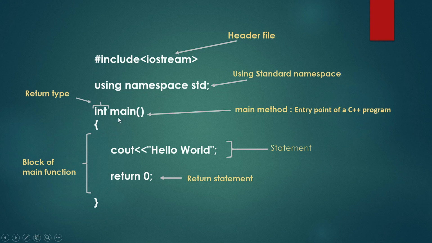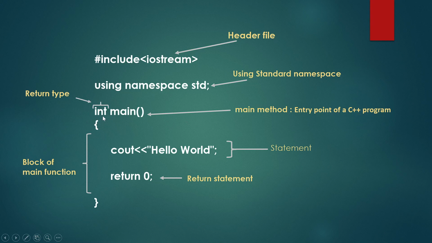So what is this? This is a declaration of the main function. So what is the main function? The main function is the entry point of a C++ program. For a compiler, it needs to have a specific point where it starts the processing. So the compiler looks for the main function. So here the main function is the entry point of a C++ program, and in the left side it is denoted